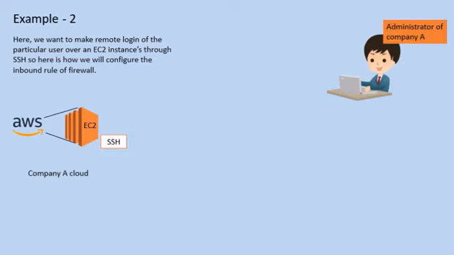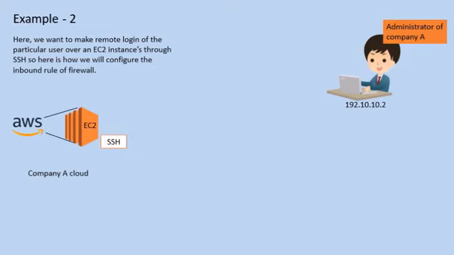Here is a user and he is administrator of company A. So as he is the administrator of company A, we have given him all the privilege to control the EC2 machine, even to configure it. Suppose the administrator wants to configure the HTTPS server over the EC2. So we have to give the inbound rule in such a way that the administrator of company A only can access EC2. So let's suppose the IP address of administrator of company A is